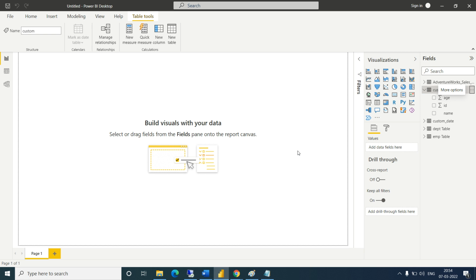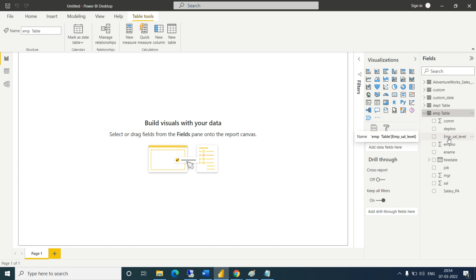Now click on the Adventure Works, or the employee table. Click on the employee table. I want to add that KPI. Where is our KPI column? Salary per annum, employee salary level. How many employees belong to level A salary, how many belong to level B, that we will see.